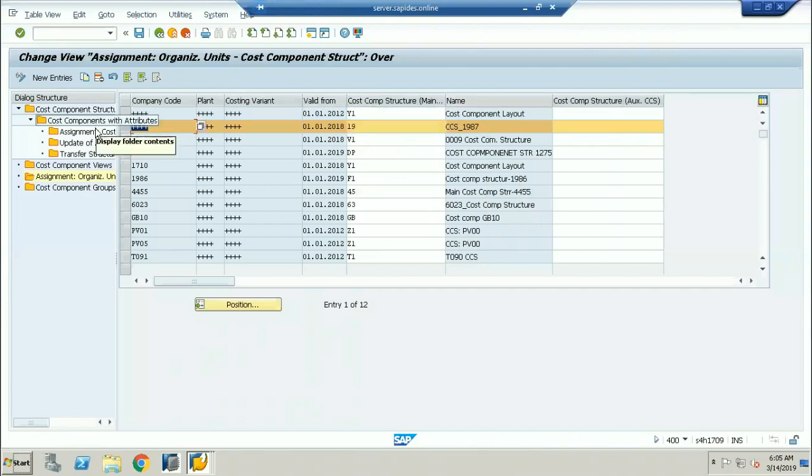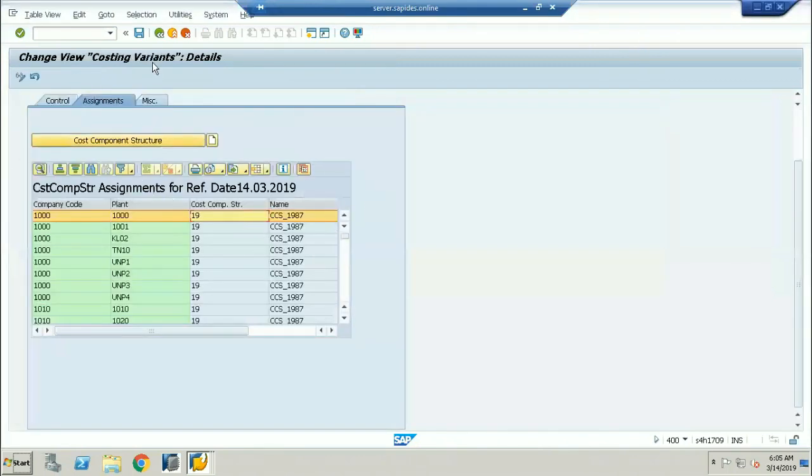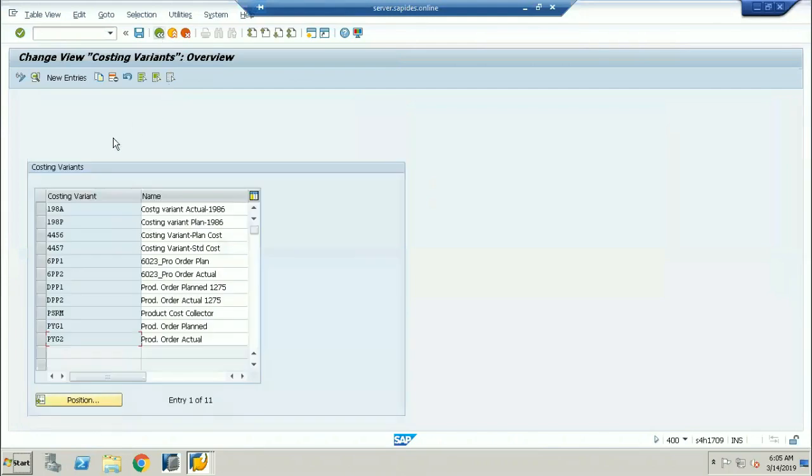multiple company codes. No, Mahesh, we don't have this kind of requirement. Every company code actually has a different cost component structure. Then in that case, if you want to split the cost component structure at the company code level, go to new entry and you can maintain, for whichever company codes the cost component structure is there, individually like this. And the same cost component structure is maintained where? The same cost component structure is maintained in the costing variant.